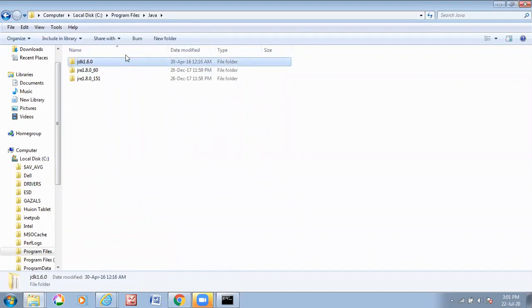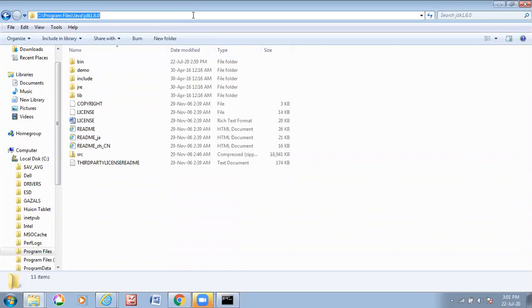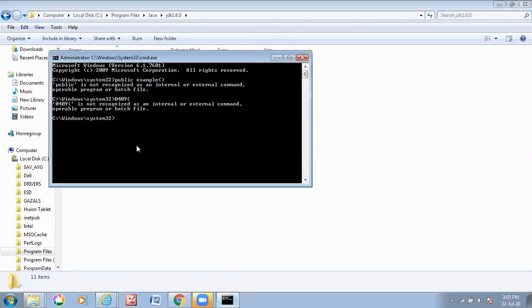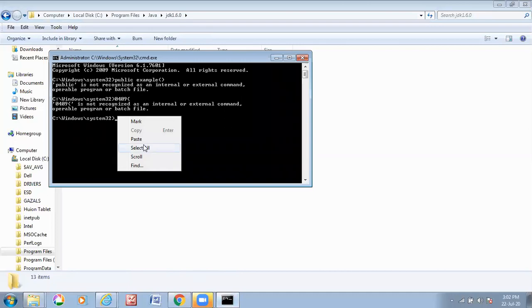I can set this path as well, but I'm not doing this for some reasons, just to make you familiar with it. In the next lectures, I will show you how to set the Java path so that you don't have to copy and paste this, and you can compile the Java code irrespective of where it is stored. For now, we need to store the Java source code files in bin because we haven't set the path variable.